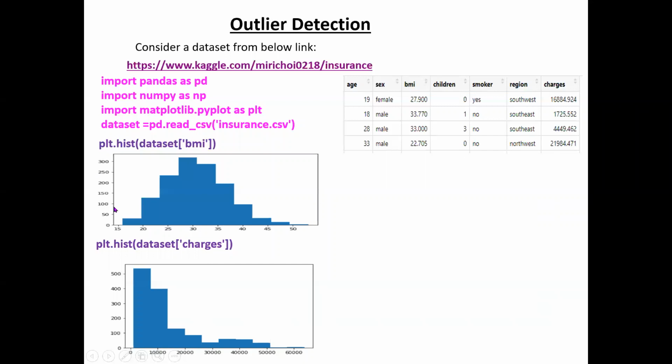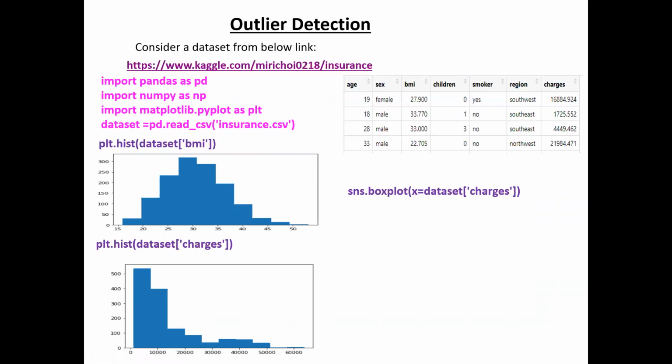Similarly, you can also see it for charges. By seeing the diagram, you can easily understand. Here the values are more, that means the charges between 0 to some 15,000 or more. But after 15,000 to 60,000, only a small number of samples are available. This type of imbalance can be easily identified by using this histogram.